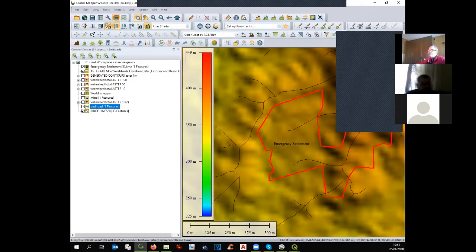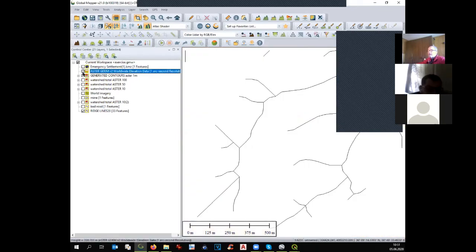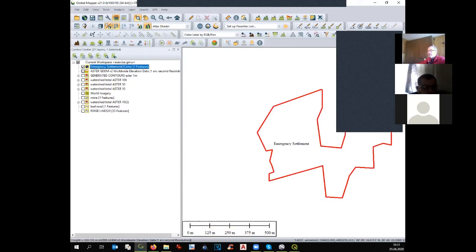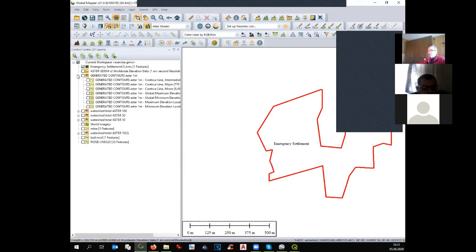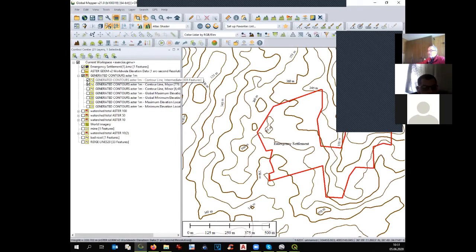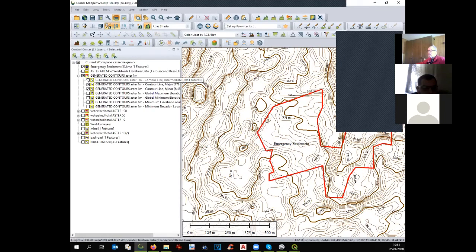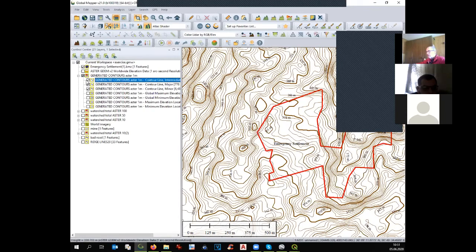Okay, for sure, I want to import the boundary. I want to import the contour lines, the major and the minor contour lines. Major, and what is this? Okay, this is not necessary. Yes, I put this contour line. I want to import